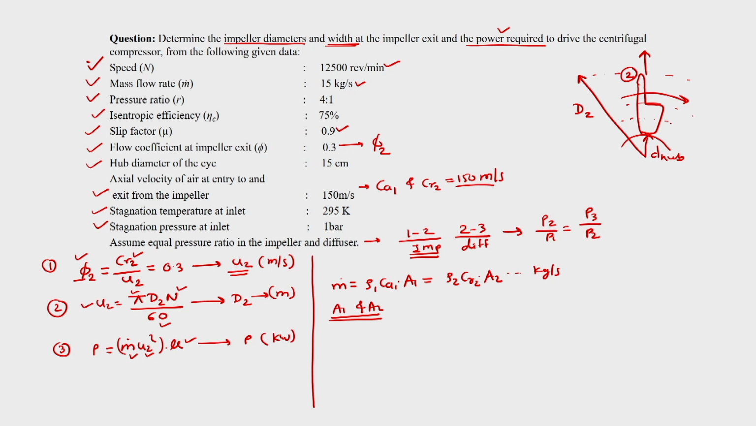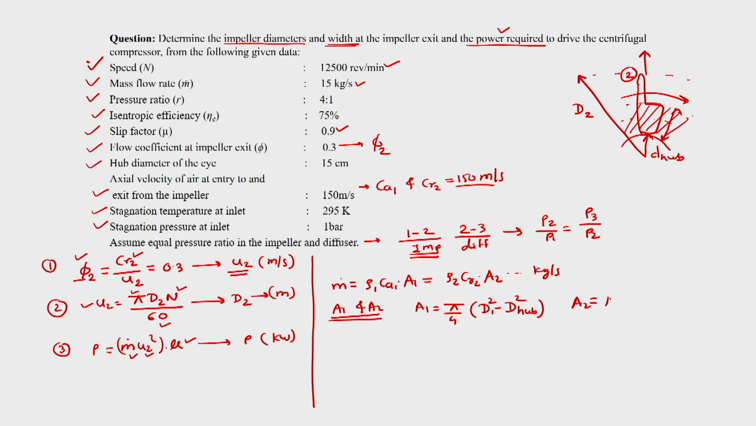For the area at the inlet, we know one thing, which is the hub diameter. So the area at the inlet is A1 equal to pi by 4 (d1 square minus d hub square). This is the approach for the fluid which is coming axially into the inducer. So this is the area in which fluid is getting admitted, and we are considering the annulus area, pi by 4 (d1 square minus d hub square),